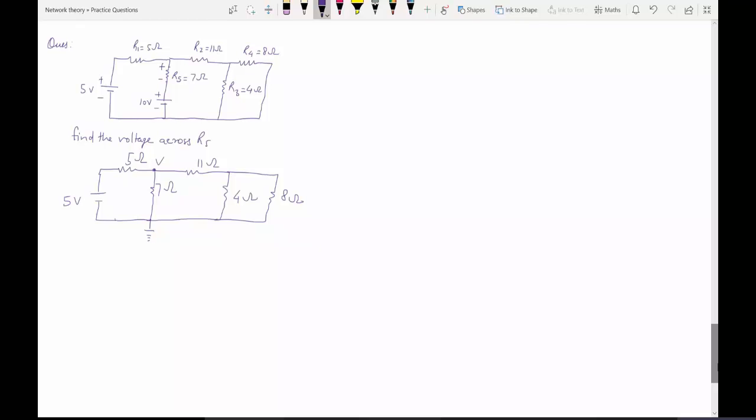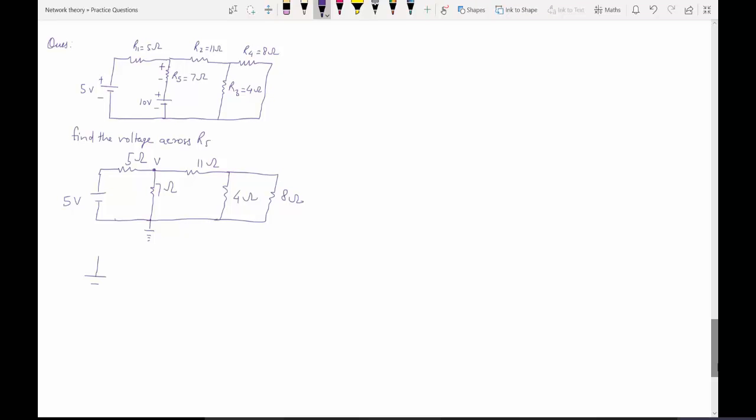Now here V is here, voltage. So what is V? V that we have to calculate the voltage at this particular point. So how to calculate? Just use this source. So to use this source, we can do two things. First, we can calculate the current across this line. Then we can do current into 7, that is your voltage. Simple. Okay. So let us do something.